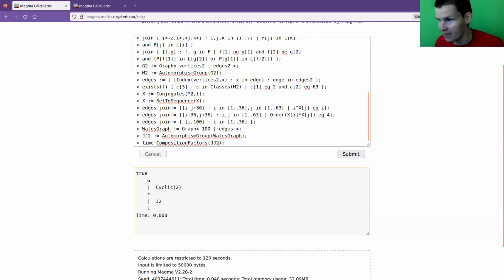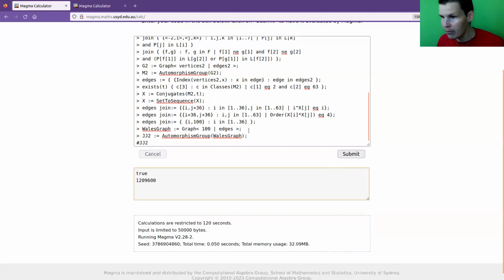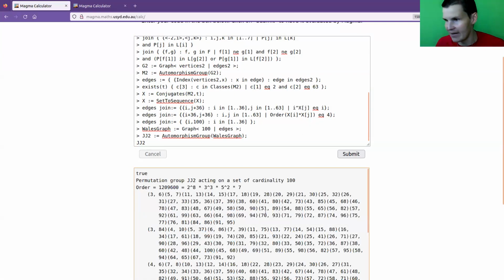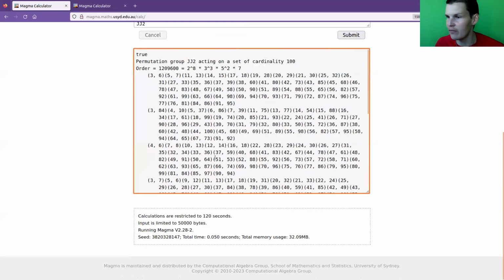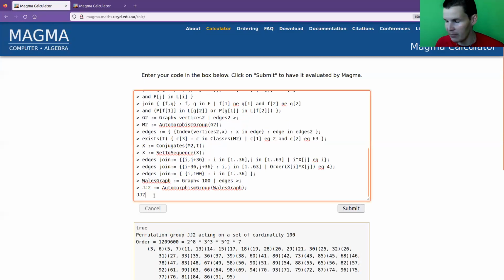because we can also just ask for the number of elements of that group, and it's a very large group. It has, whatever, more than 1 million elements. We can output that funny thing, and it is exactly our friend, the J2 group from before, acting on spaces, but it has a slightly different presentation now. But we could still ask something like the character